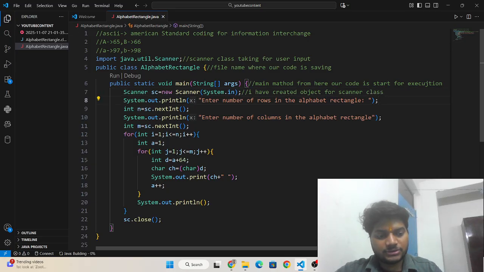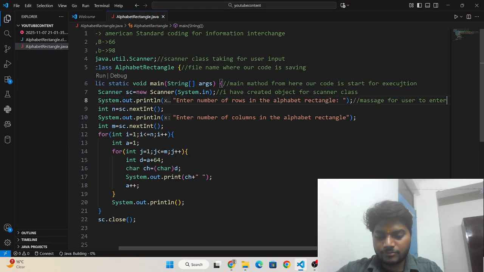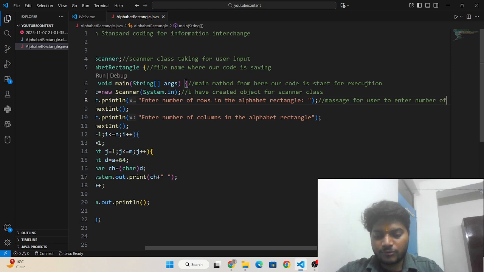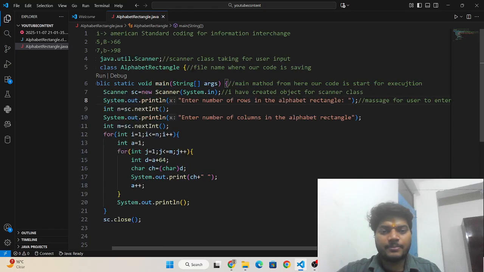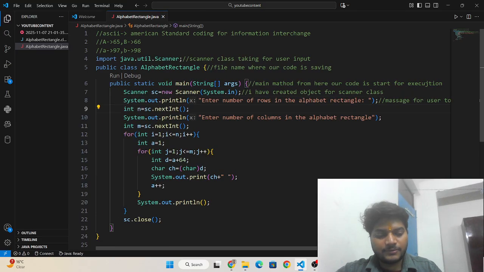And what is this? This is the message for user to enter number of rows. Okay, and we are storing number of rows in the variable n. And what is this?